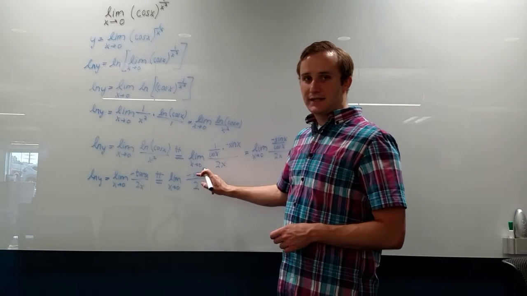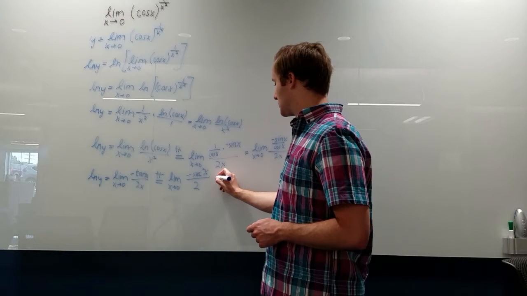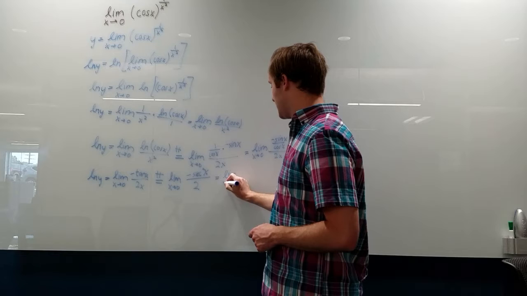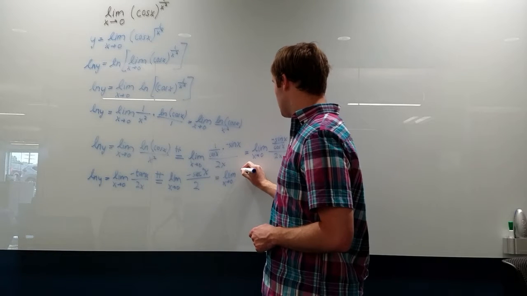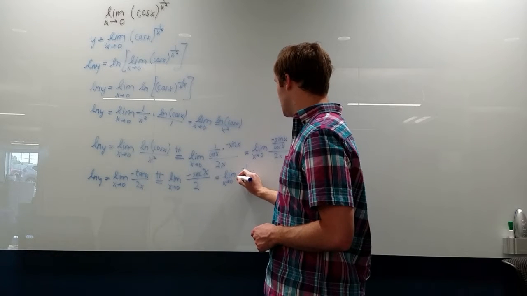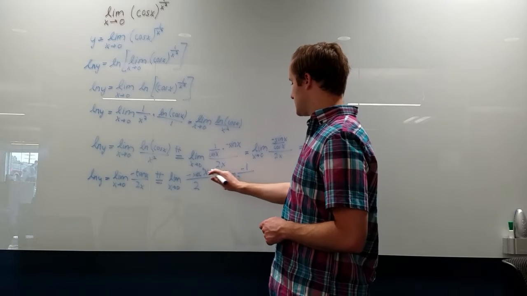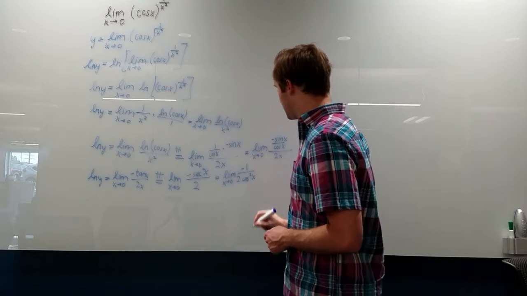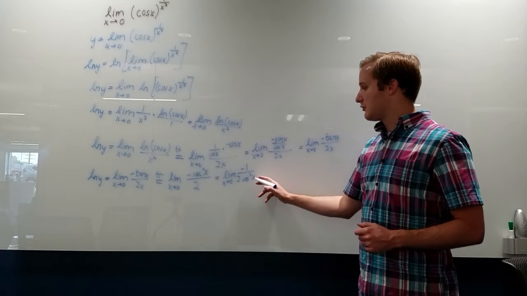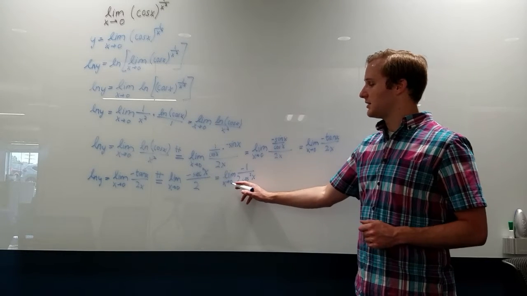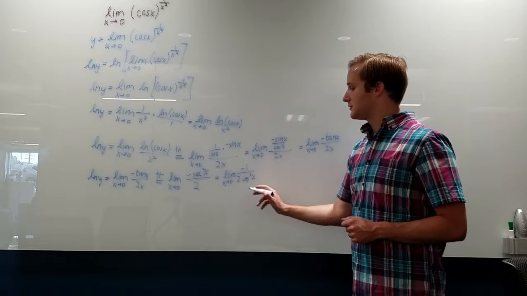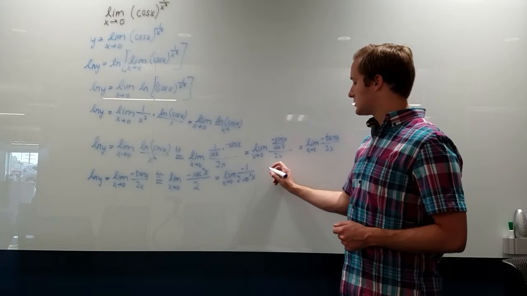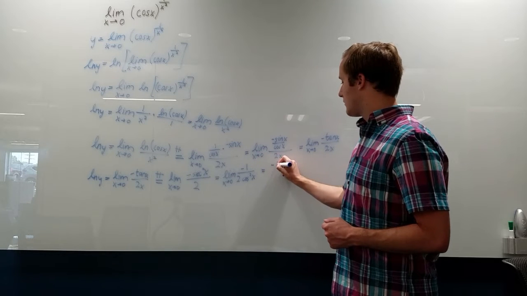The secant of x, that's the same thing as 1 over the cosine. So I'm going to rewrite this for convenience as the limit as x approaches 0 of negative 1 over 2 times the cosine squared of x. And that's helpful because I remember what the cosine of 0 is better than I remember what the secant of 0 is. And so we'll plug in this 0 into the expression one more time,